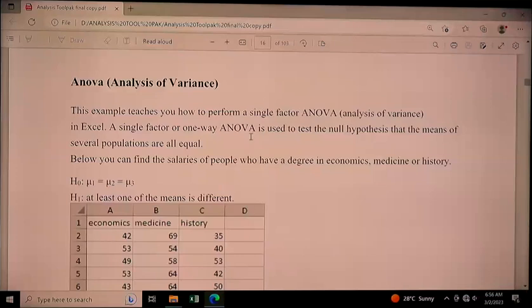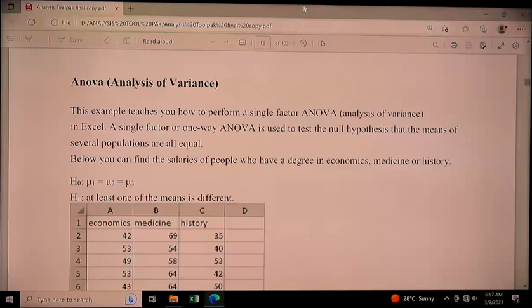So when we say hypothesis, it is actually a theory that is probably proven to be true, or maybe not necessarily true, but it forms the base of argument. And we are going to check on this. The first thing you need to understand is how you set the hypothesis. One thing we know about the analysis of variance is that this is a measure that will